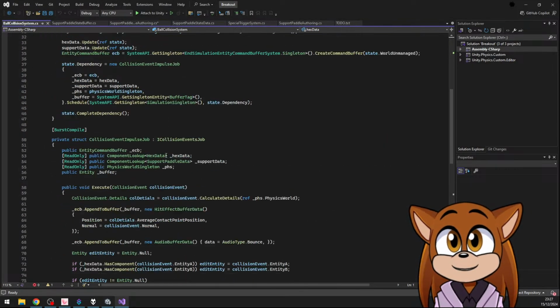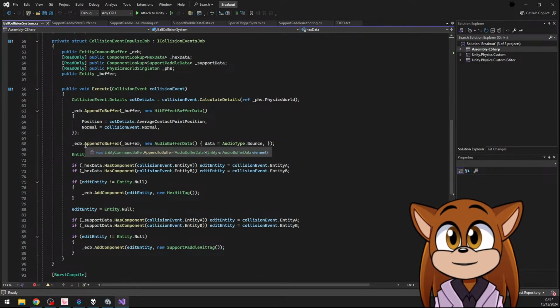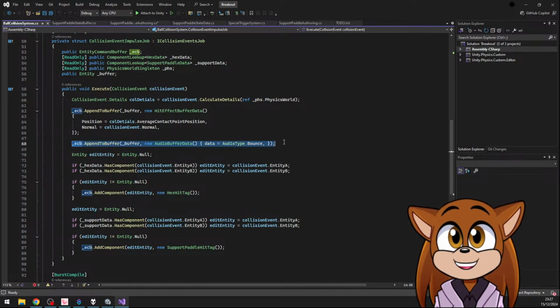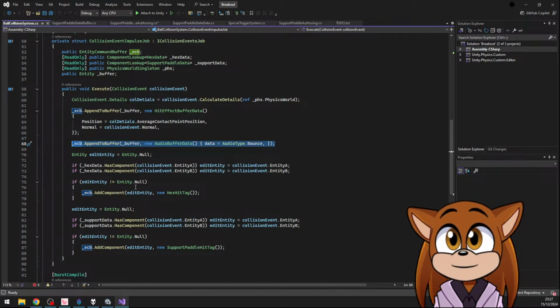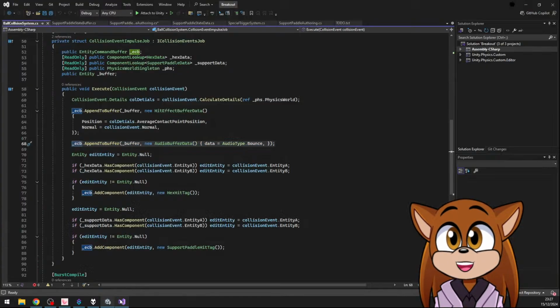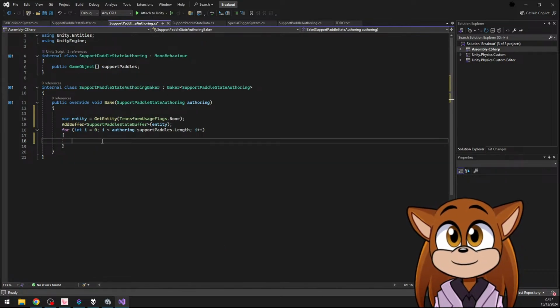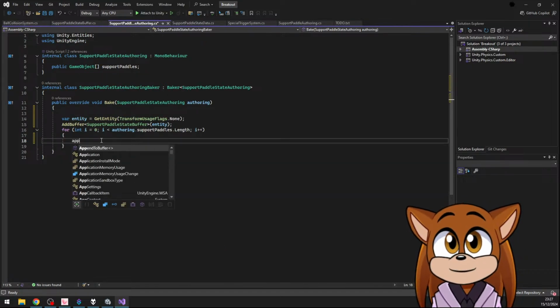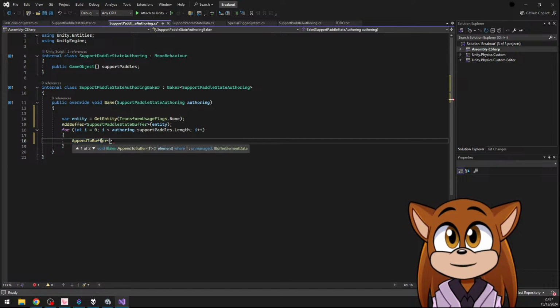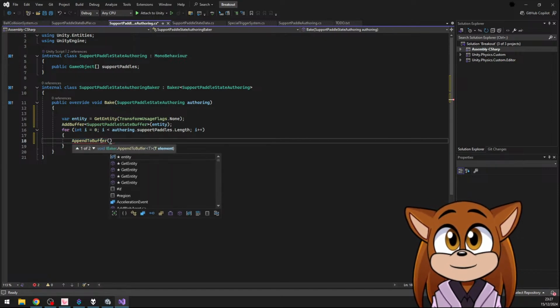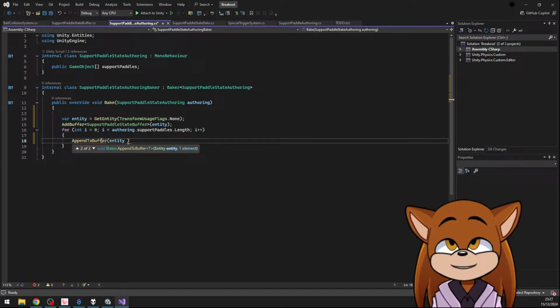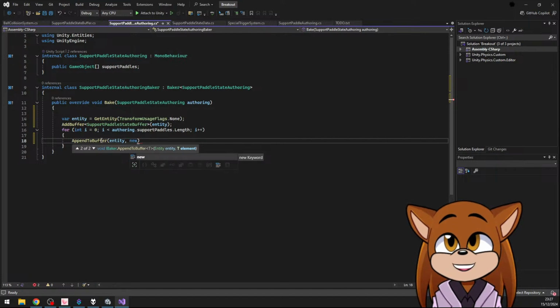the bulk collision system, because I know that's how we do it here. So append a buffer. So that's what we do. So we want to go append to buffer entity new